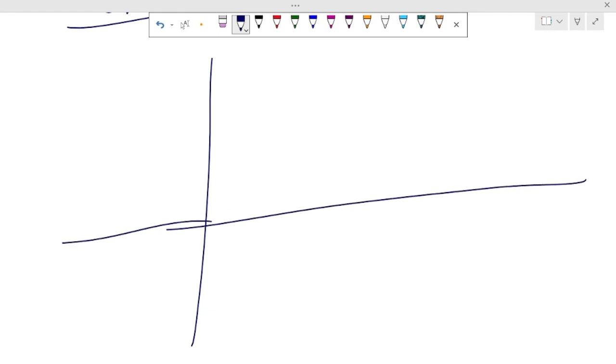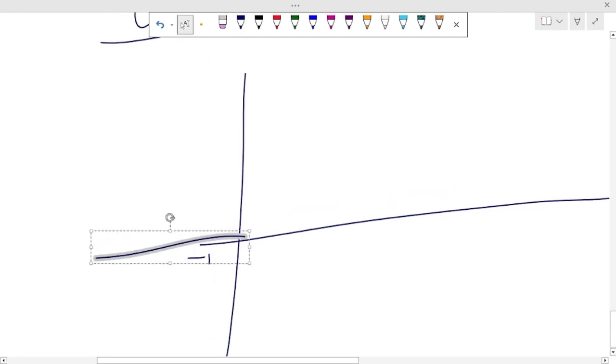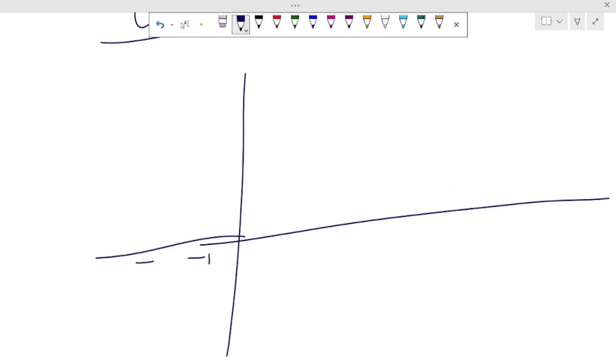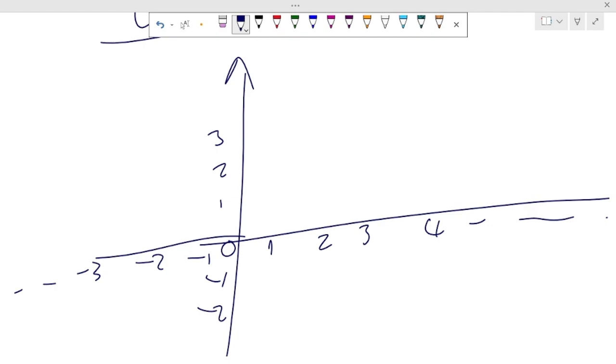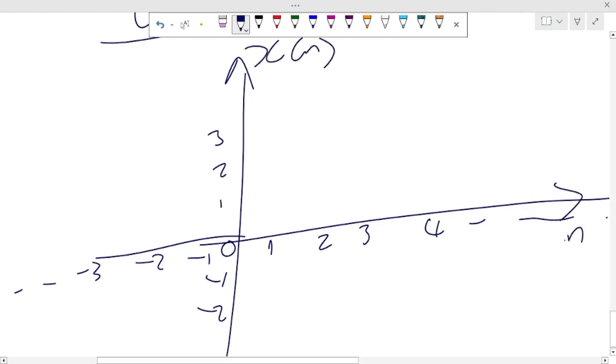Look at this. Of course, -1, -2, -2, -3, and so on. Okay, then 1, 2, 3, here will be 0. Okay, 4 and so on. Then here will be -1, -2, then 1, 2, 3, and so on. Now x of n, and then n. Now unit step function just means that when you look at all these values of n, unit step,